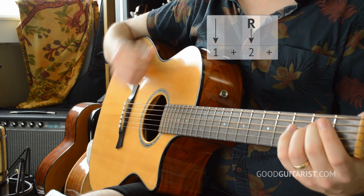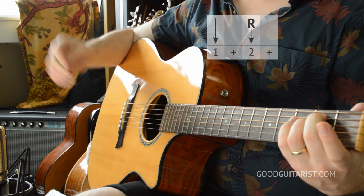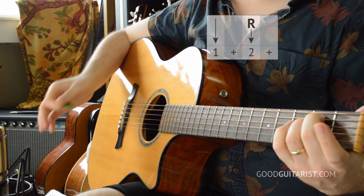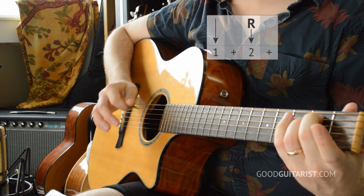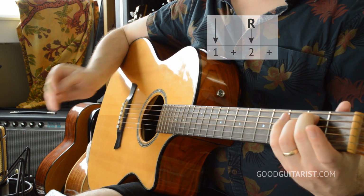Anyways, to learn this pattern, we can break it up into 2 parts. First, we have down, root, and that's on beat 1 and 2. So 1, 2, 3, 4. That's not too bad. And the second half is